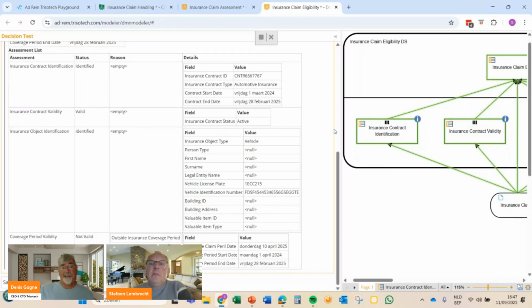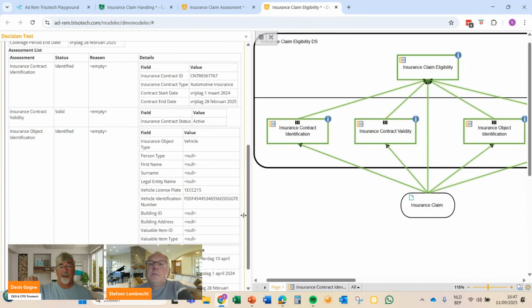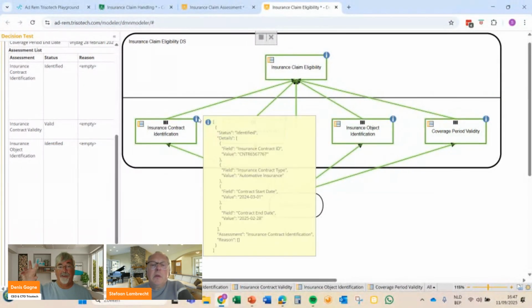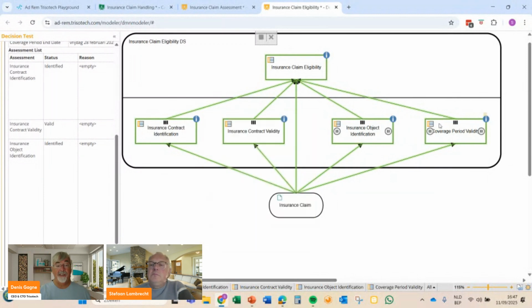Yeah. And then on the right side, I see that we have the information dots there that give you the partial results for each of the subparts. So you have full traceability of where all these different results come from.